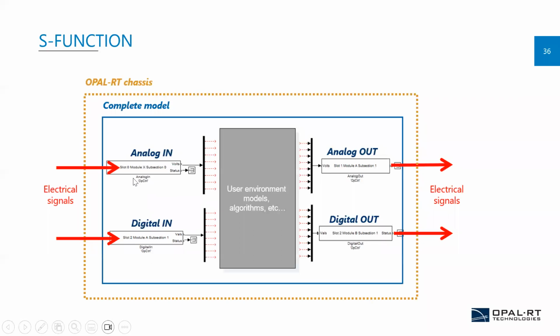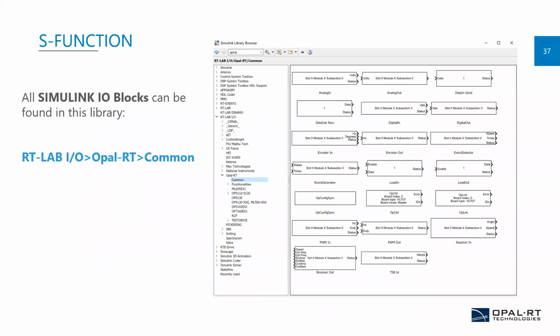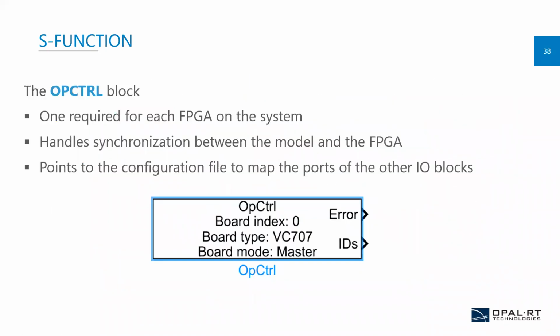And this is your analog in block, and this is your digital in block. Analog out, digital out, same thing. I'll show you in the demonstration. For this case, we need to use the OP control block, the OPCTRL block. Why are we using this OPCTRL block? Because